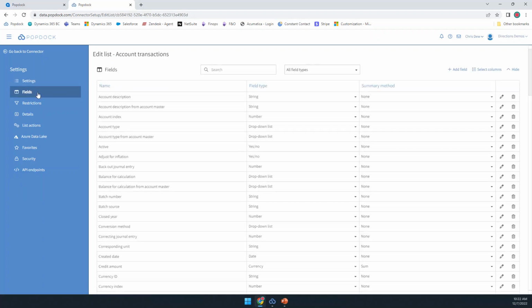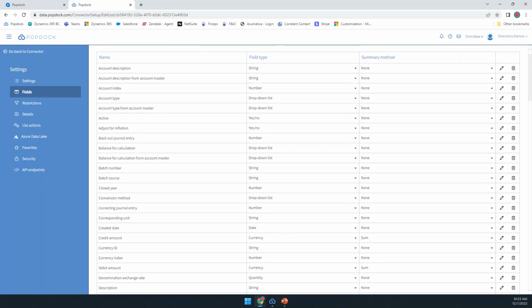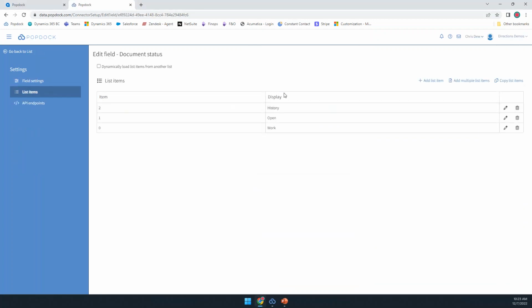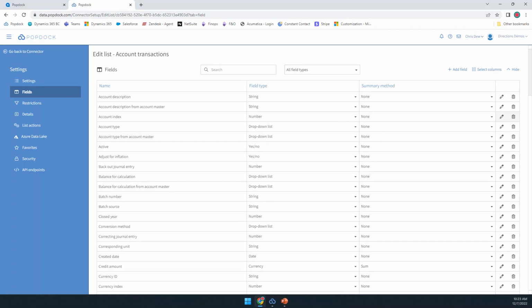And so you'll see that it's not a dumb process, right? It brought in all this information, and it brought in the string fields as needed. It brought in numbers, currencies, some drop-down lists, so all those predefined document statuses, right? If we open up this drop-down list, there we go. If it's a 0, 1, or 2, we know it's open history or work. So just some really handy things like that